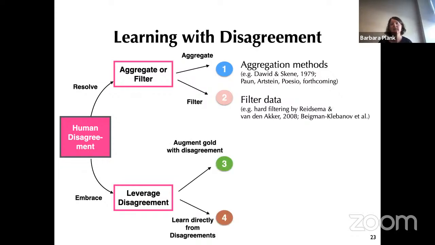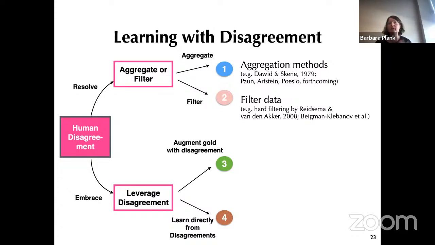We can say, let's directly learn from the disagreement. We can see that as a distribution, and we can directly learn from the disagreement distribution instead of first aggregating it. Or there is a middle ground where you still assume that there is a gold and a single label you learn from, and then you augment it with disagreement information.